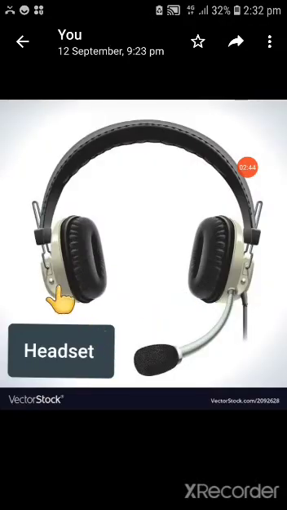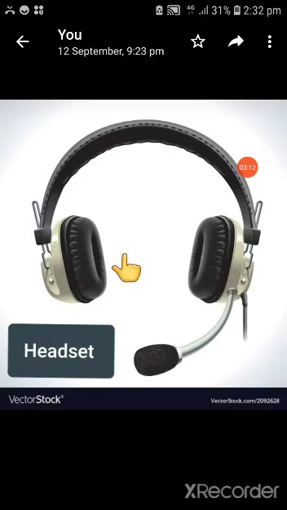Now what is this? Here you can see the picture of headphone and one microphone attached to it. So this is a headset. Here the headphone and microphone are together.